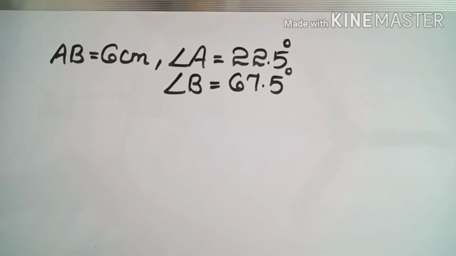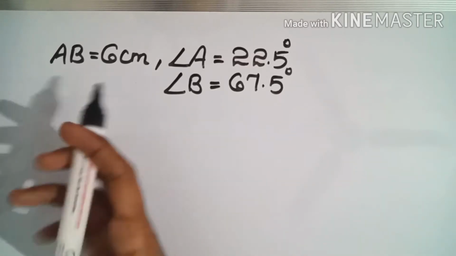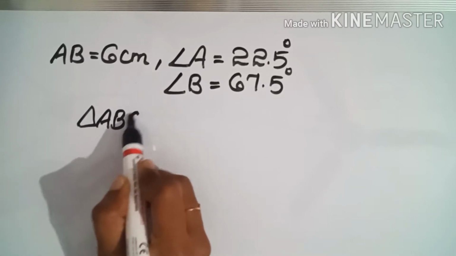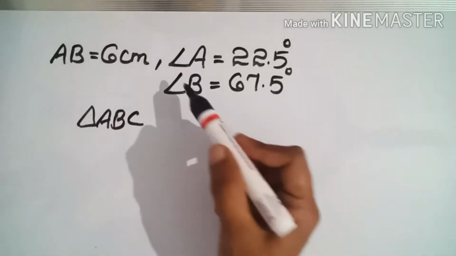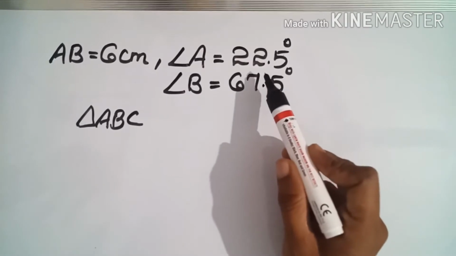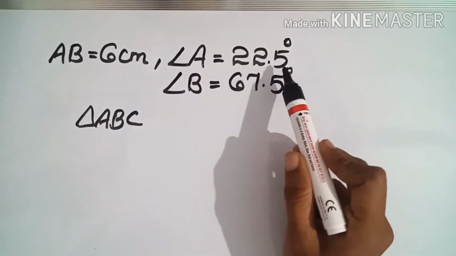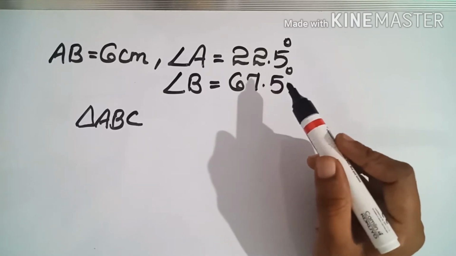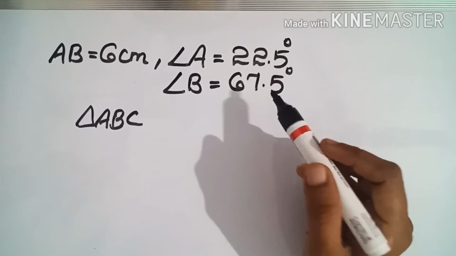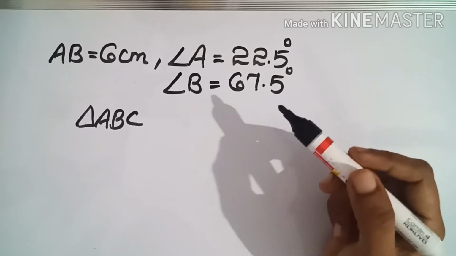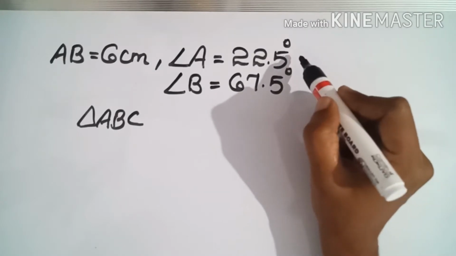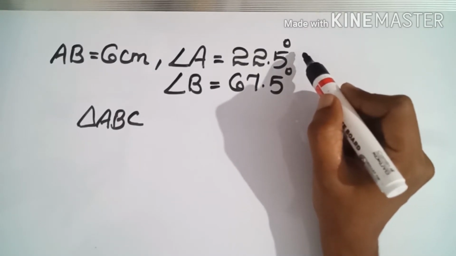Here we need to draw a triangle ABC with AB as 6 cm. Okay, triangle ABC we have to draw, the base AB is 6 cm and from the point A we need to measure 22.5. But this 22.5 is not possible to measure using protractor. Okay, in protractor we know 22, 23, it's okay, but 22.5 is not possible, and 0.5 is not possible. That means here we will consider the double. That means bisector of angle we will draw first.